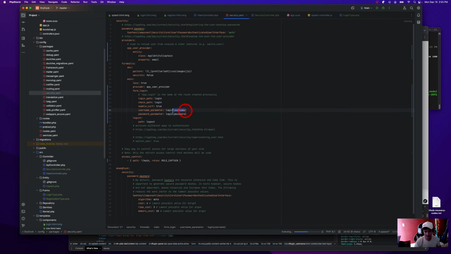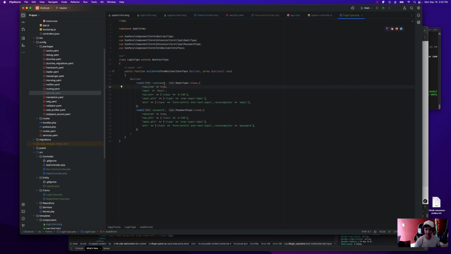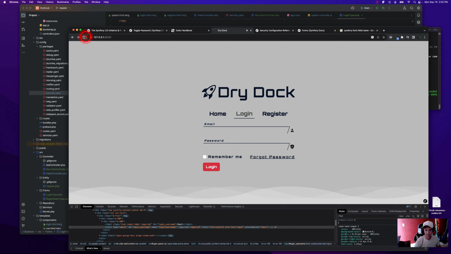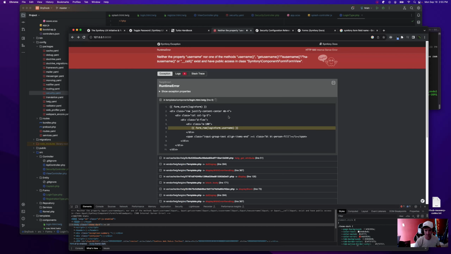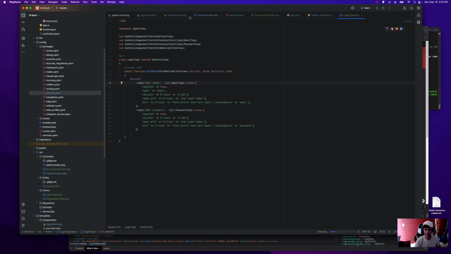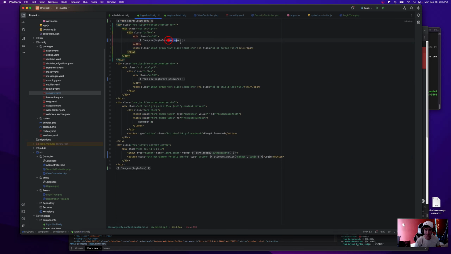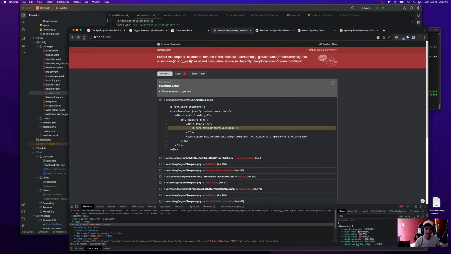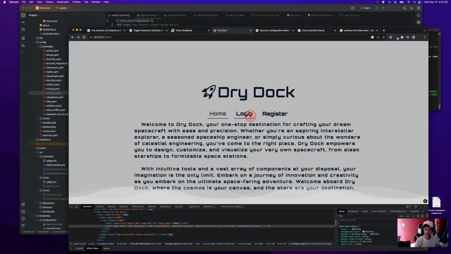I actually want to change this back to email so it's less annoying. Cool. Right. Gotta fix that too. It's just confusing because we have captain names, so I don't want it to be called username, that's all.